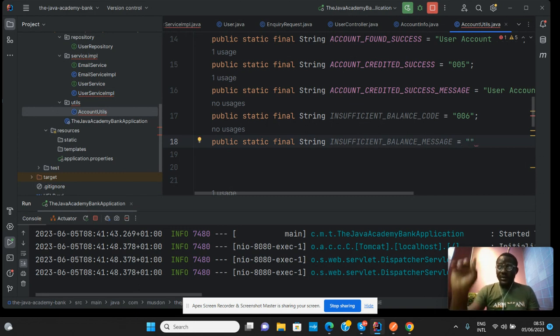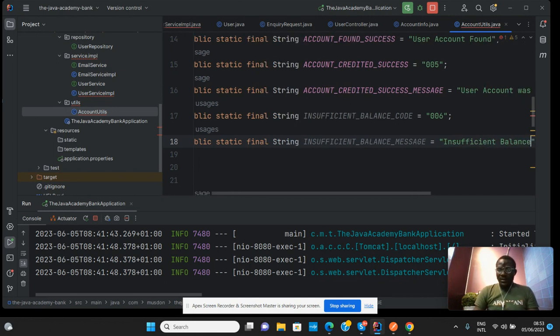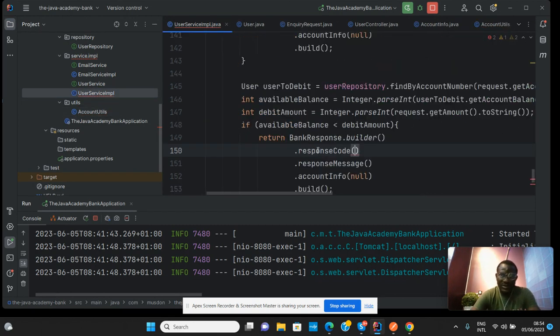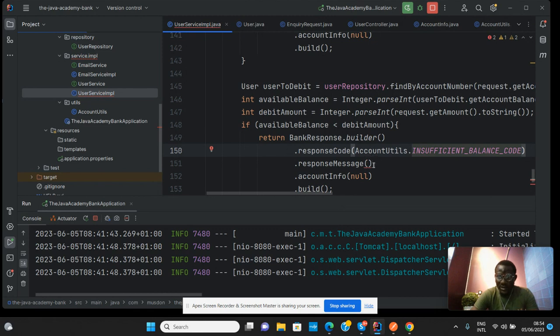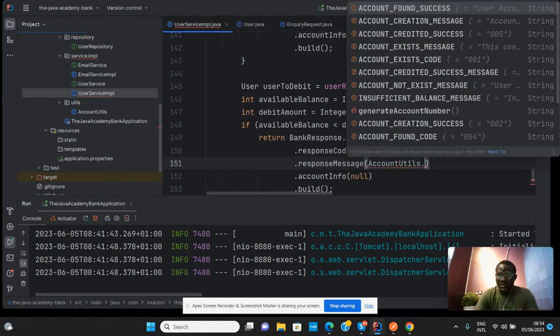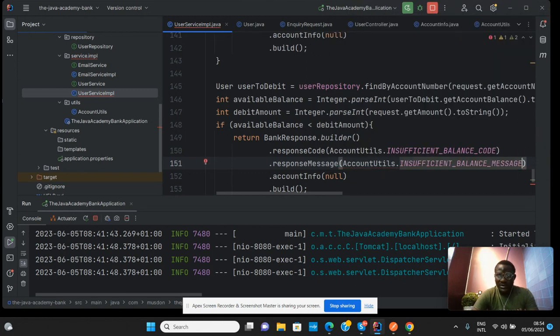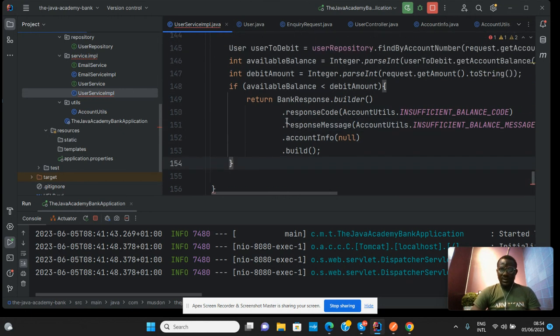So just type in "insufficient." Okay. So at this point here, we have the two messages we intend to use. So I'll just put account details dot INSUFFICIENT_BALANCE_CODE. So this one would be account details dot INSUFFICIENT_BALANCE_MESSAGE. Okay. So return this message. And then